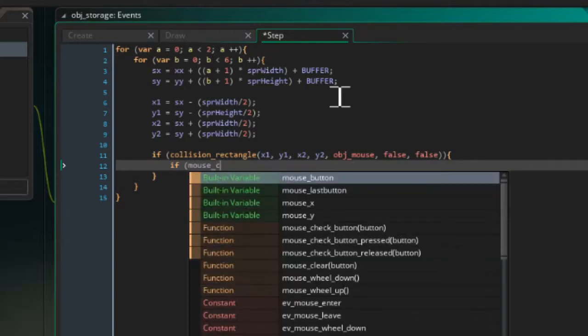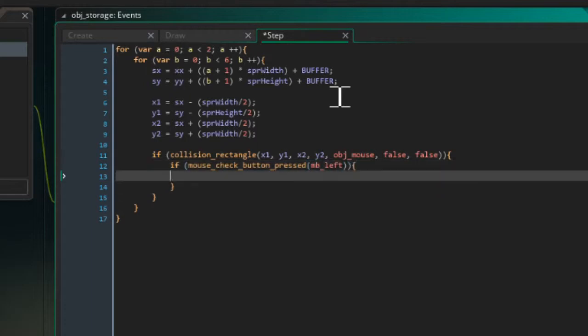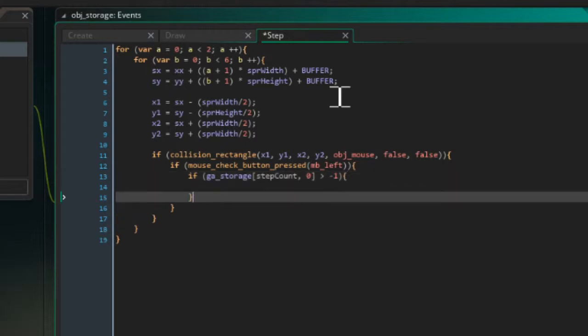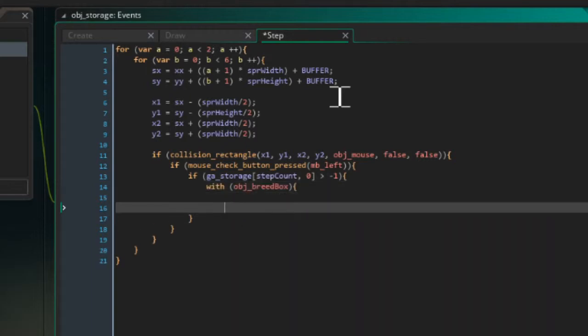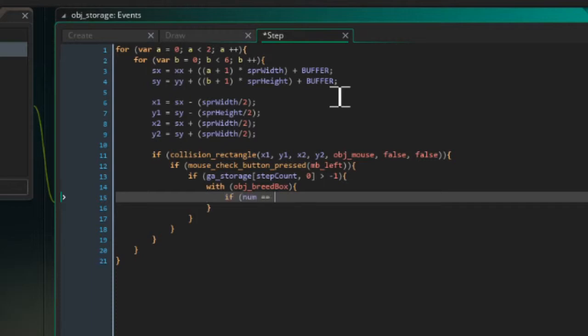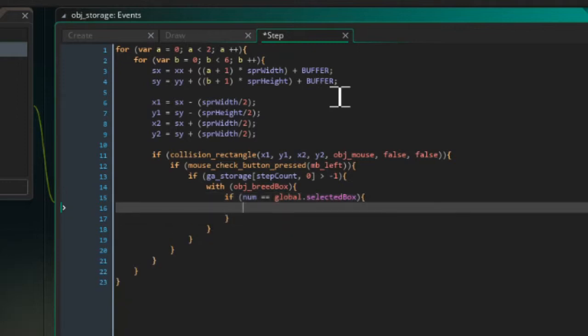If mouse check button pressed MB left. If GA storage step count 0 is greater than -1, so if there's a monster stored in that slot, then with obj breed box, if num is equal to global dot selected box, then